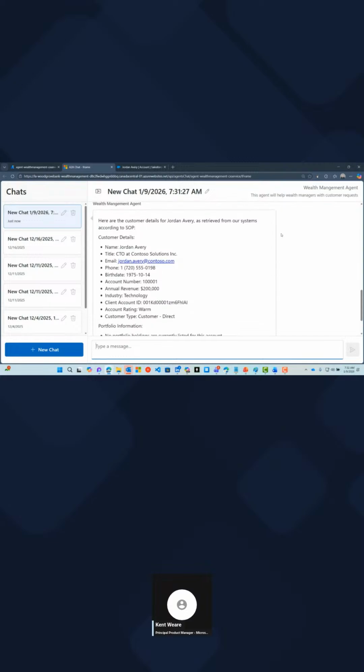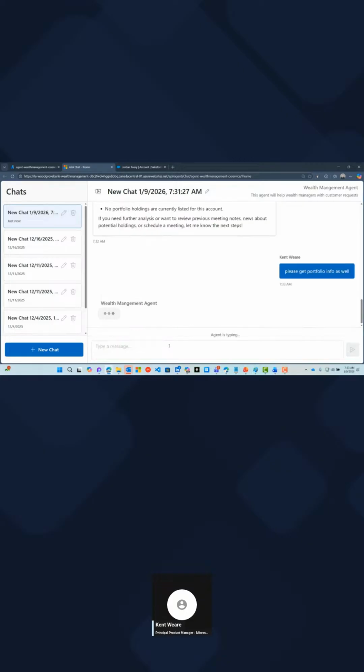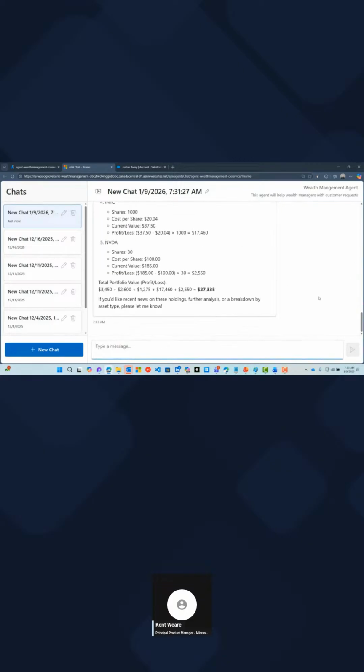We were able to get this information from Salesforce. For some reason, it didn't grab the portfolio, but let's just ask for that again. All right, that looks a little bit better.